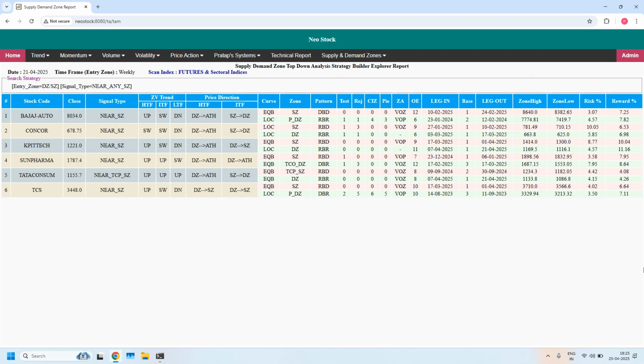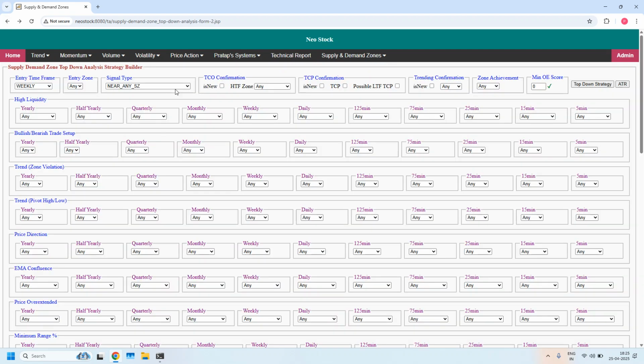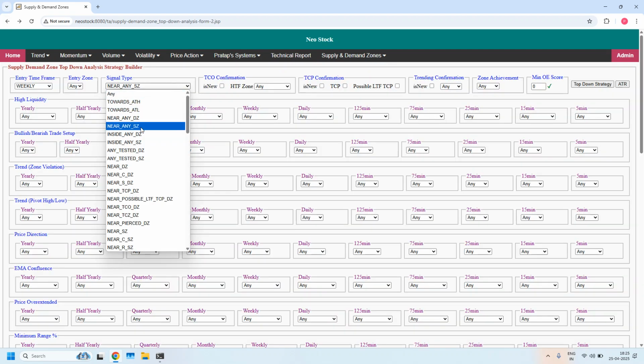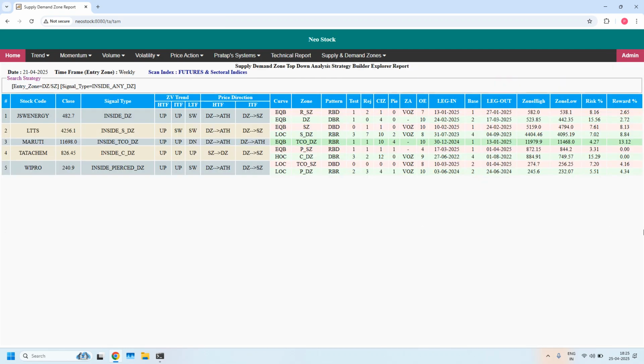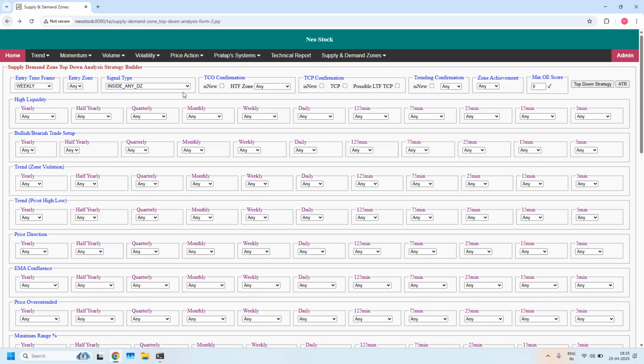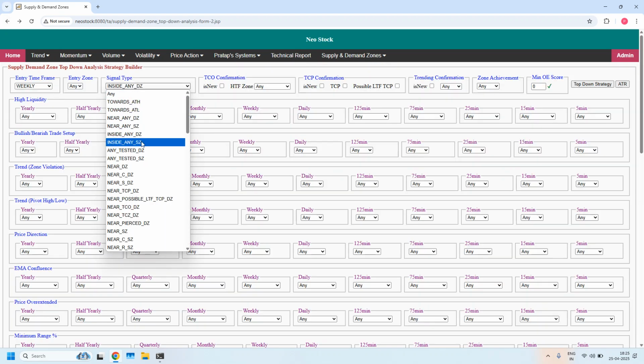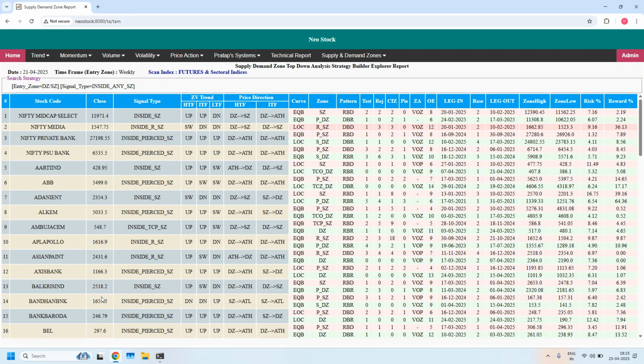Next, price closed inside the weekly demand zone. We got 5 stocks. Next, price closed inside the weekly supply zone. We got first 16 stocks in the list. Just a minute, I think